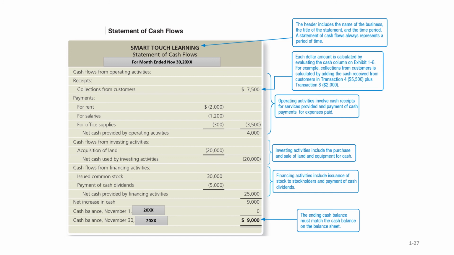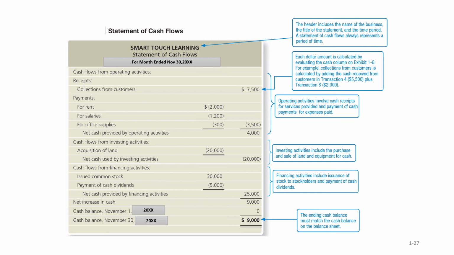Our final financial statement is our statement of cash flows. Again, you'll note that this is for the month ended, in this example, November 30th. In our statement of cash flows, we have an understanding of where the company's cash came from and what they are using it for. You'll note that there are three major sections: the operating activities, the investing activities, and our financing activities. And you'll note again where that cash came from and what we're using it for in terms of positive and